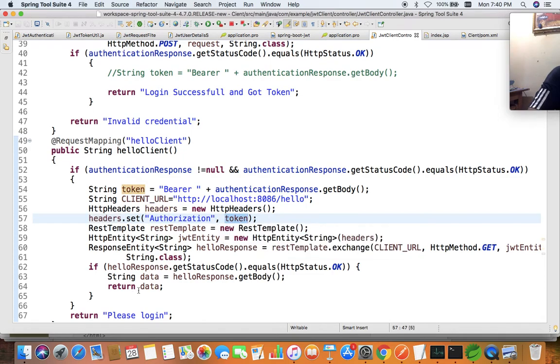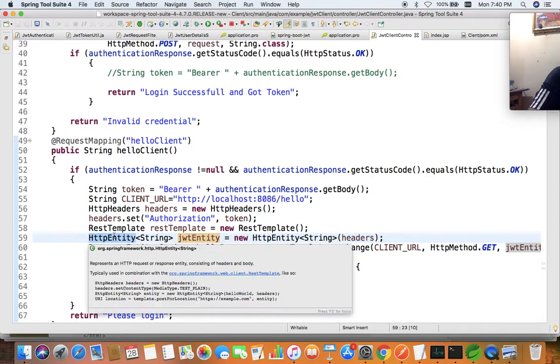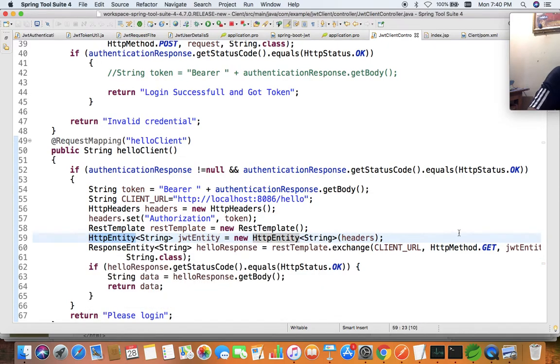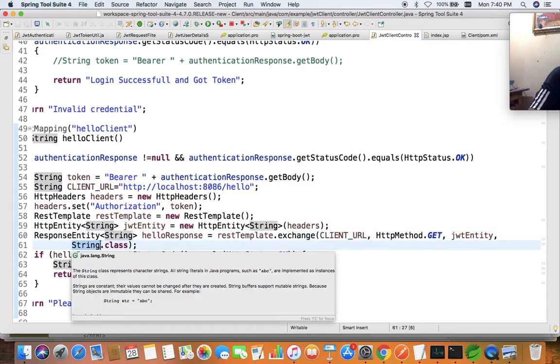So once this HTTP header is ready, then we can send the HTTP header with the REST template again. This HTTP header we have enclosed inside the HTTP entity. So the HTTP entity is the object named as JWT entity, and it is again going to receive the string.